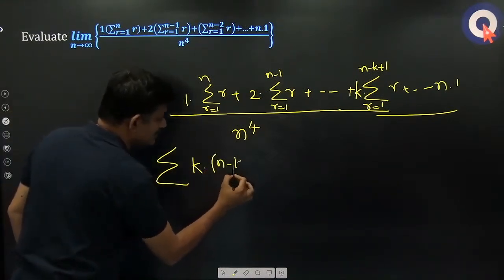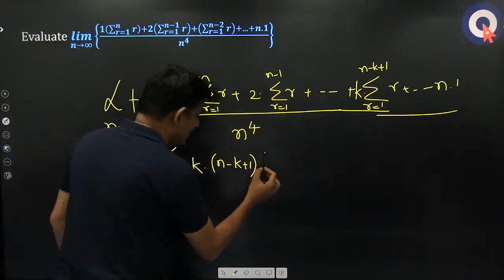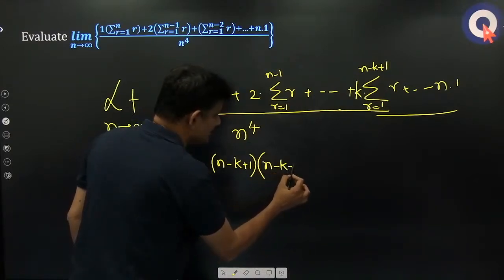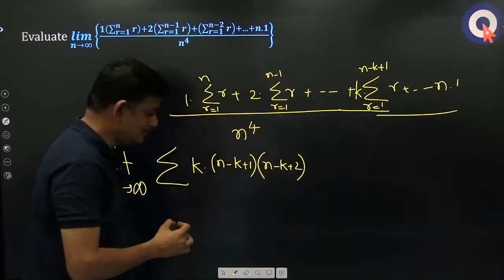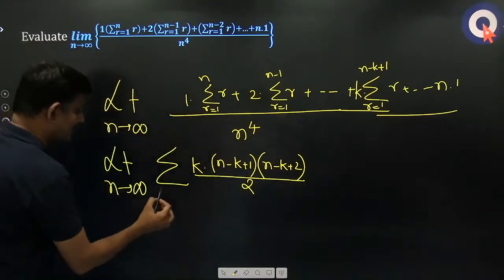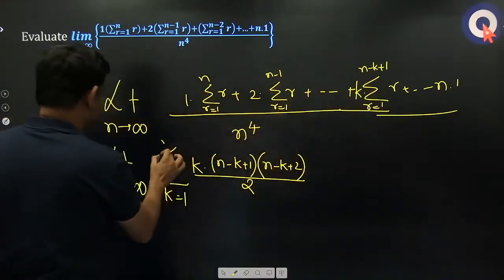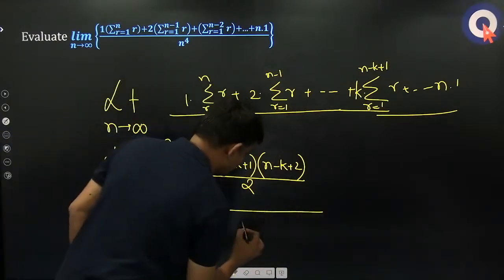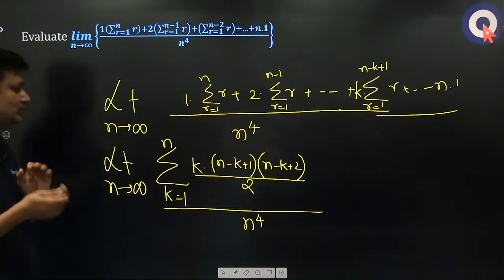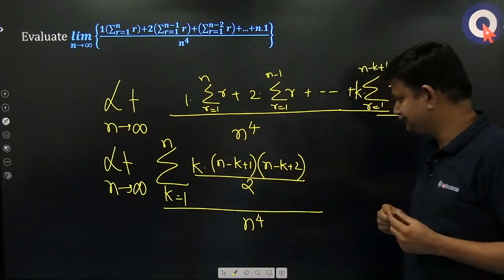Sum of first n numbers is n into, so sum of first n minus k plus 1 numbers is n minus k plus 1 into, इसको एक और जोड़ दो, plus 2 by 2. And k is varying from where to where? 1 से शुरू हुआ and n पे खत्म हो रहा है, divided by n power 4. This is the question. Okay, so if you recall this and club it with the question which we did, now